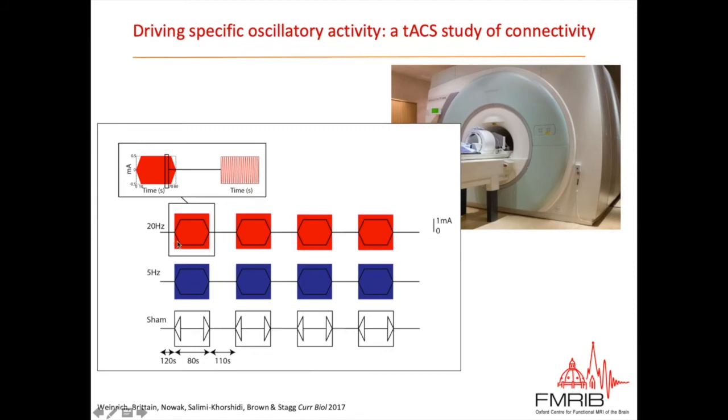And what we did was apply 80 seconds of tACS with a ramp up and ramp down. Again, not necessarily what I do now, but it worked quite well for this. And we did that at 4 periods during the scan. And we just laid people at rest. So this was a resting state scan, and we were acquiring normal fluctuations of BOLD throughout this scan, and then